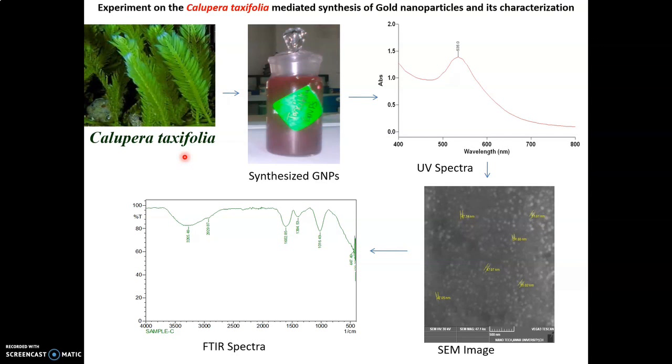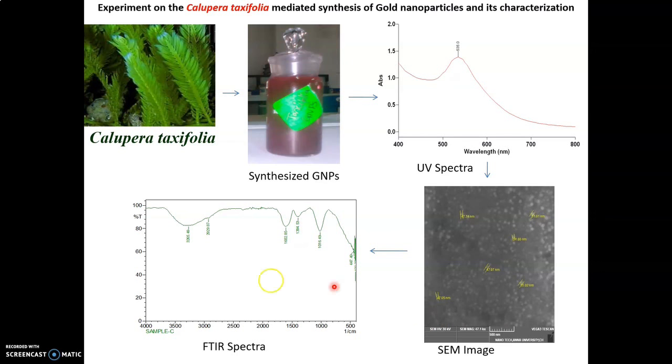And we went with the primary confirmation with the UV spectrum. A single band formation indicates that the synthesized nanoparticles are spherical in shape. If another band appears above 700 nm, it means the synthesized nanoparticles are of different shapes. So single SPR band formation indicates that the synthesized gold nanoparticles are spherical in shape. Further it is confirmed with the SEM image of those synthesized nanoparticles. It is in the range of 40 to 51 nanometers.